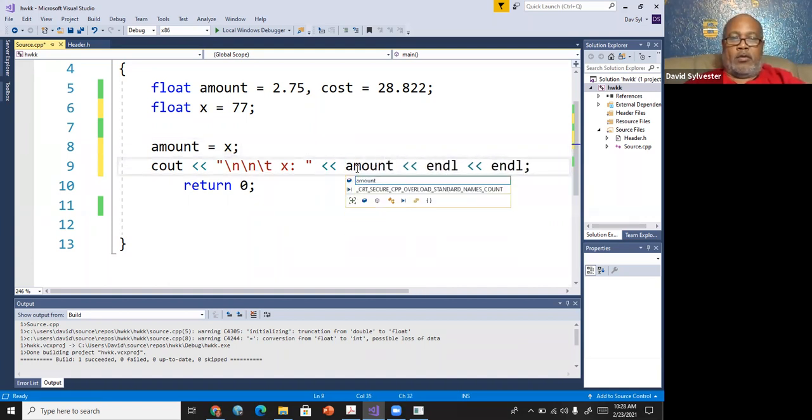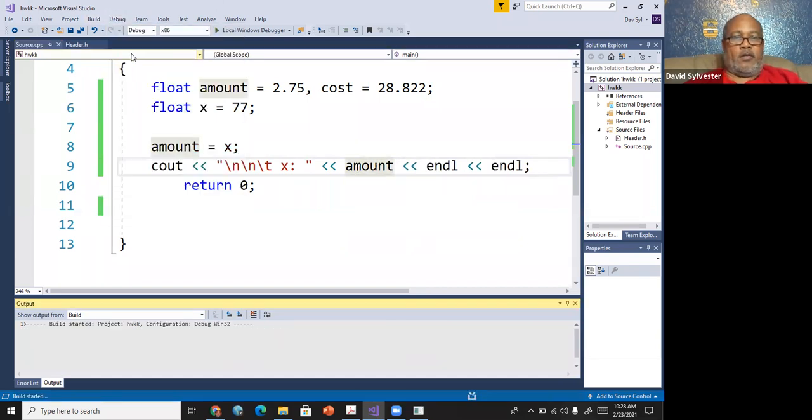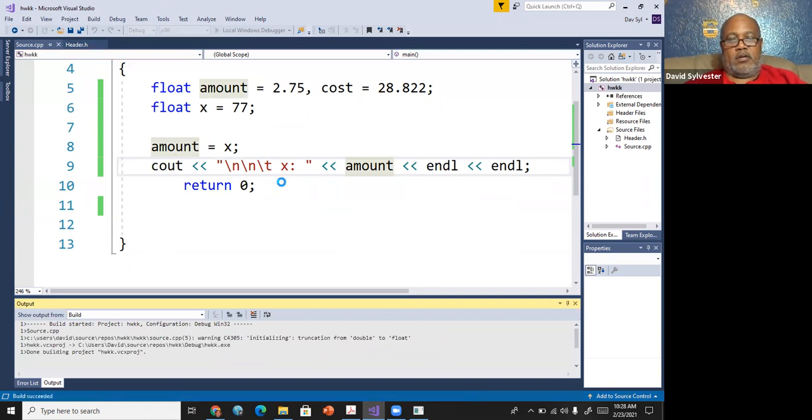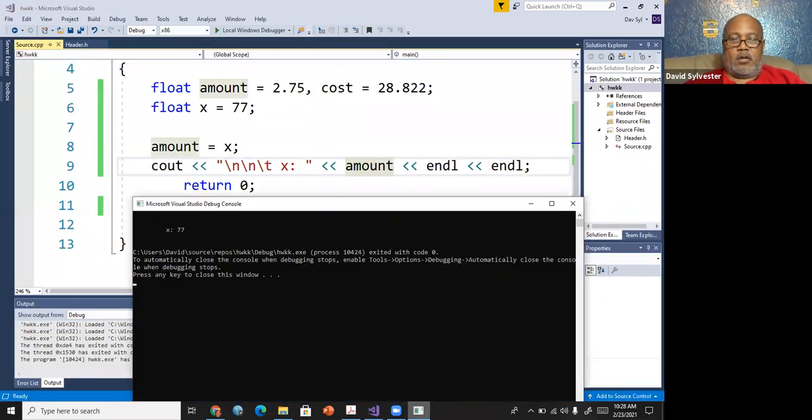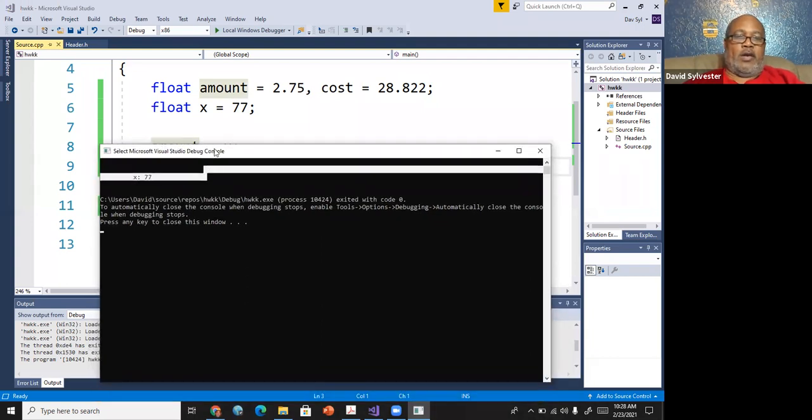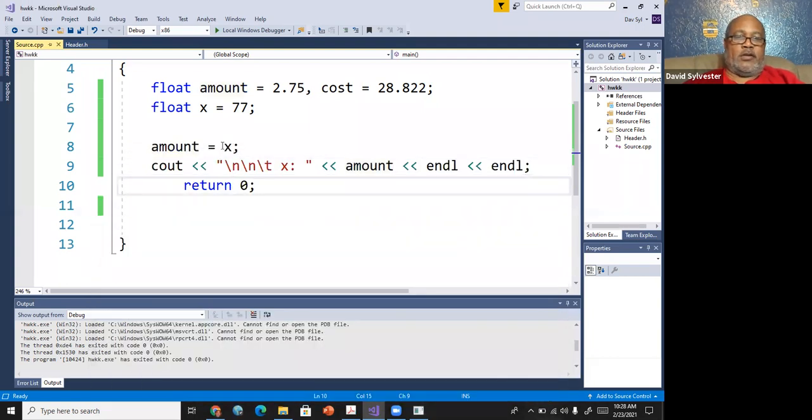So you're not really losing anything, all right? So now I put an amount here, and I should get the value, all right? It should come up. I clicked the wrong one. All right. So here we got 77. So what it did, based on it being 77 integer, it stored it as integer here, and it printed.